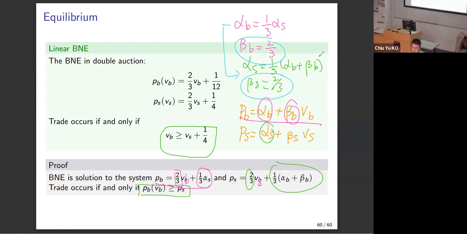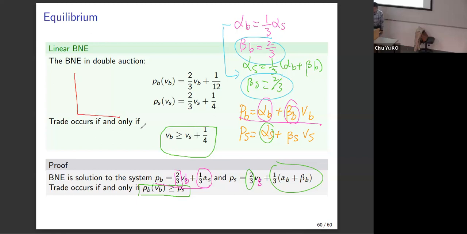Is that clear? Sorry for the typo. This is B, and this is S. Sorry for the typo. And that's the result. And of course, the number by itself is not super important, but what you can see here is like this. I should have put that in the slide as well, but I didn't put enough. But this is the